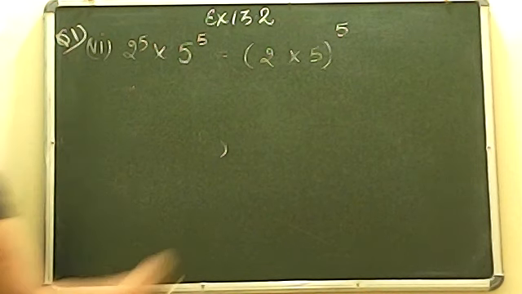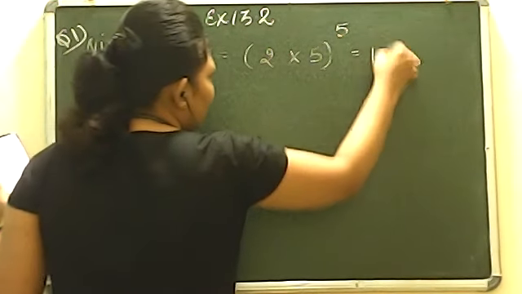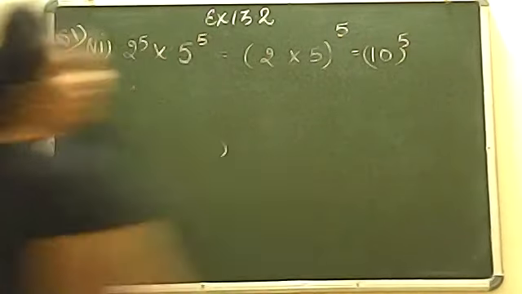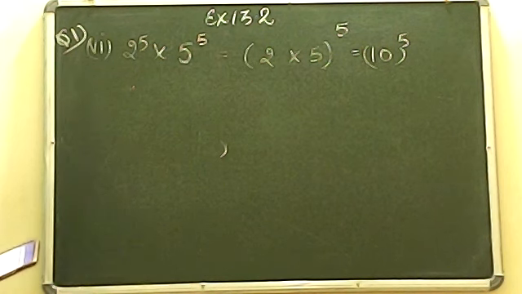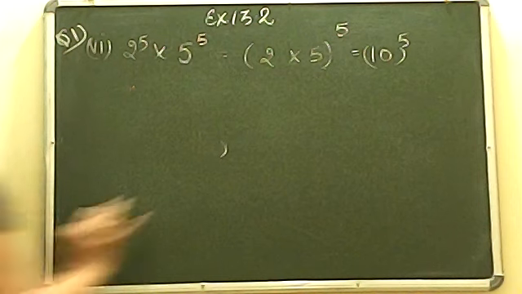10 to the power 5. Correct. It will give you 10 to the power 5. Now this is done. Now let's move on to the next question. When you have a 2-digit number, please don't forget to have the bracket. Whenever you have a power, I will suggest you write it down in the form of a bracket. ठीक है, bracket लगाना मत भूला करिए, ठीक है.